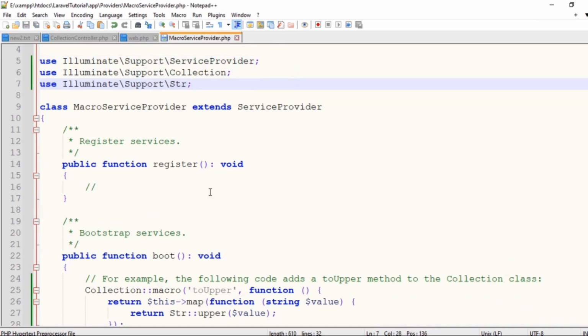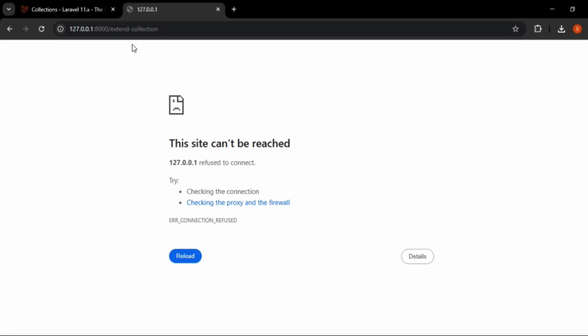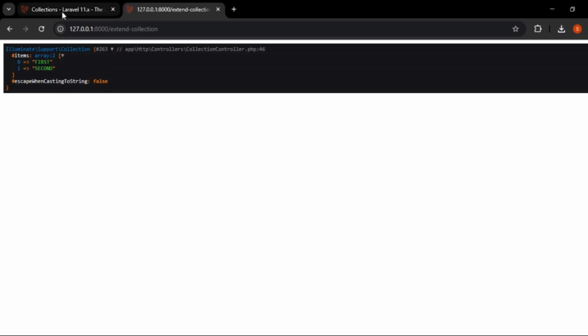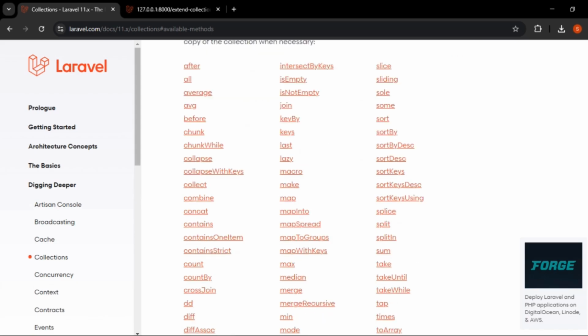Save both files. To check if it's working, go to the command line prompt, start the local server by running the command php artisan serve, then refresh the URL in your browser. You should see it functioning properly. You can also add your own logic in the macro method. Then, visit the Laravel official website for a complete list of collection methods, which we will discuss one by one